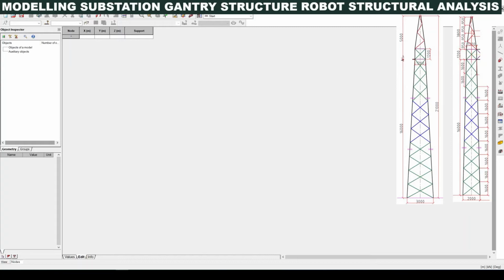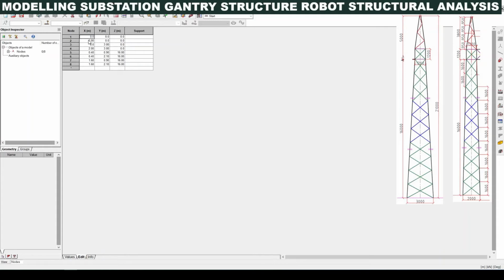So likewise we need to create some 12 number of nodes based upon its geometry and its dimension. So there is an Excel sheet we need to calculate, and if you are having those, you can just copy and paste in this node